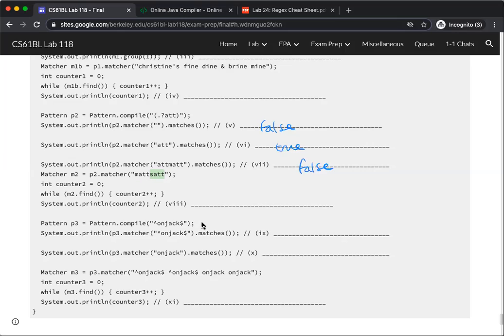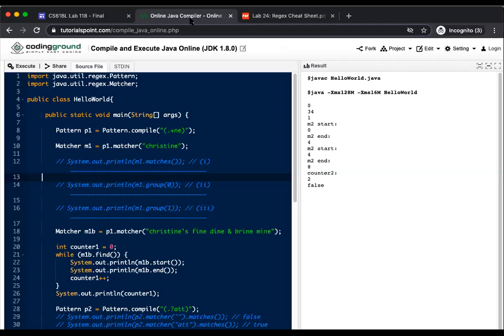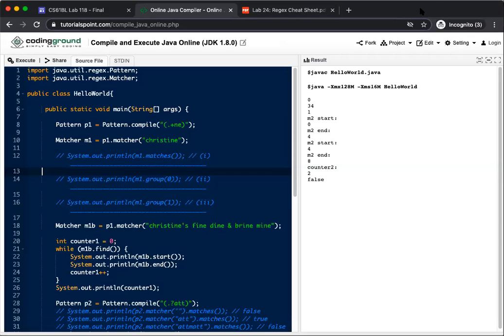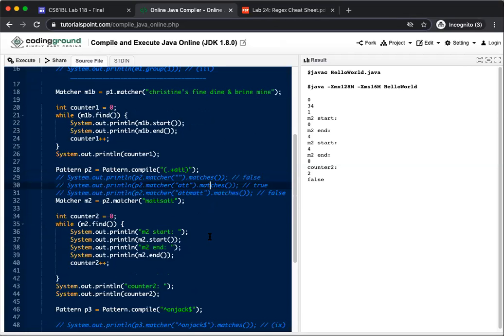This is going to be 2. But your question might be, well, similarly for the first part with Christine's, find Brian and Brian mine, why was it not more than 1? And the reason for that is because the plus is going to try to find the largest subsequence. And so actually, if we try to make this plus, and this works in this case just because we happen to have subsequences that start with